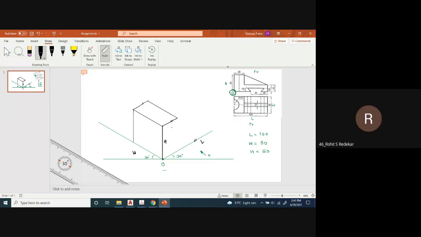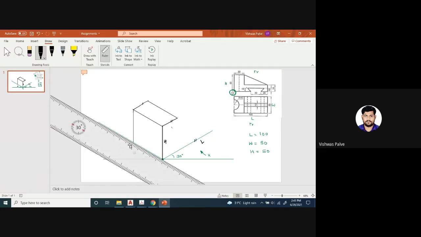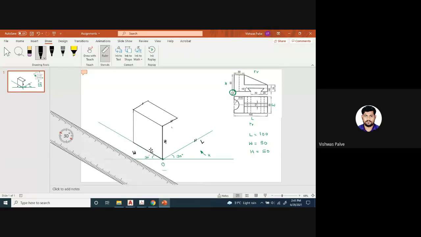Yes, sir. Yeah. So this is the method which we are using to draw it on a plain paper, right? I will show it in AutoCAD also. First, let us complete the method which we are following. If I want to draw this on plain paper, then how to do it? And at present, I will not draw this curvature, this semicircle. I will skip this at present, because I have not yet taught the method to draw a circle in isometric. Okay, so I will connect it as a plain line.